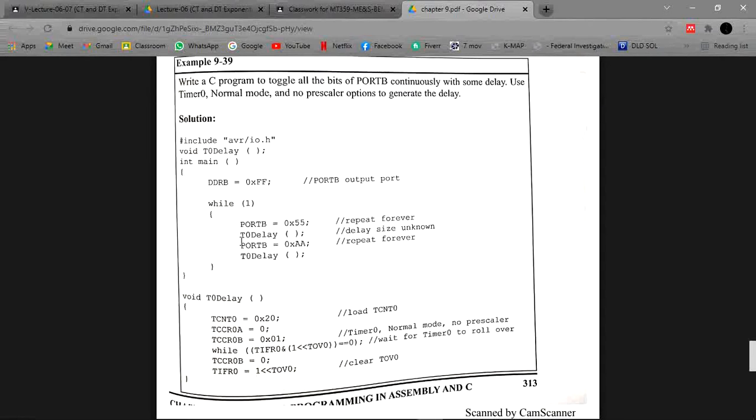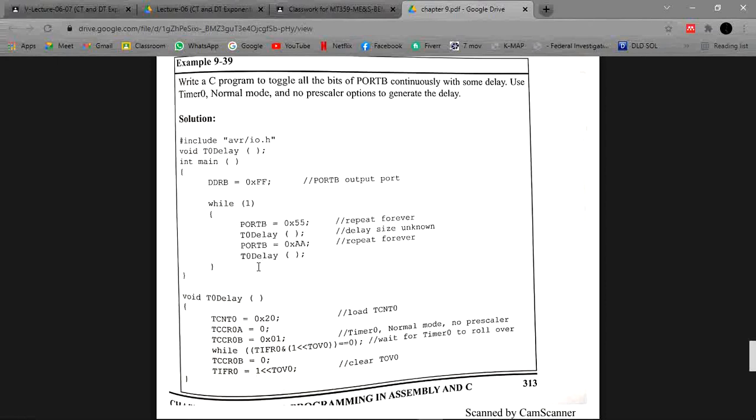After it we declare the delay, and in this bracket we can declare the delay size by our own choice. So after putting 0x55 on Port B, it will delay for the time we give, and after that it will give 0xAA to Port B. It means 0 will change to 1 and 1 will change to 0 with some delay, and after this delay it will return to the previous state, and it will continuously move 0 1 0 1 with a specific delay.